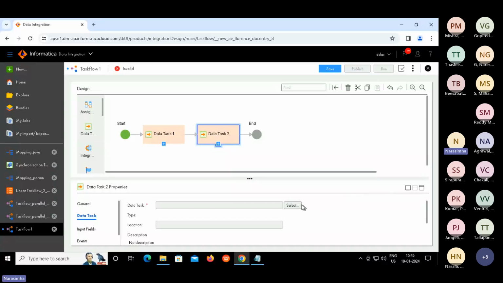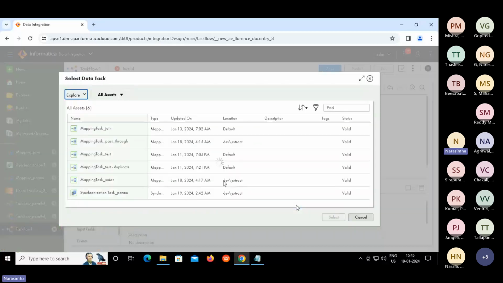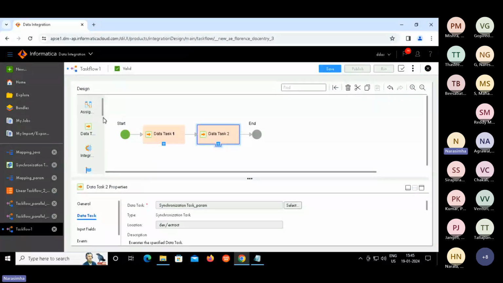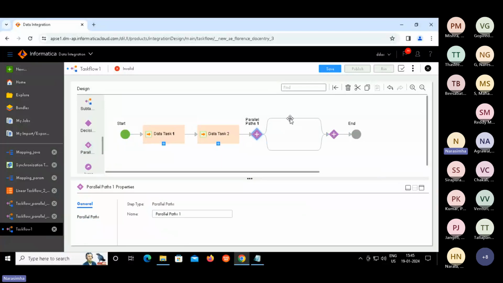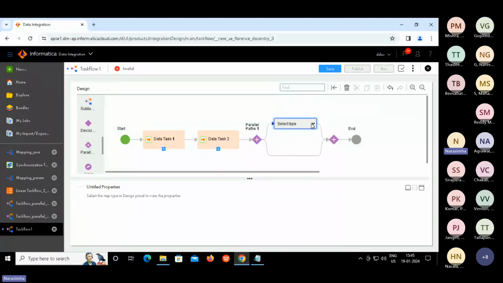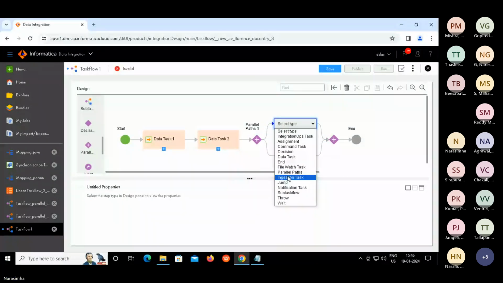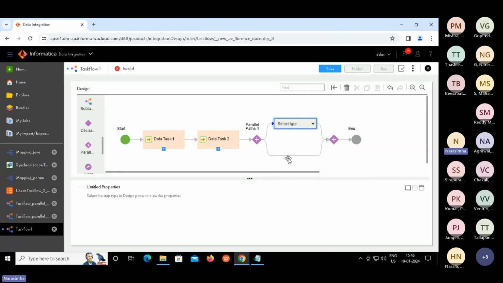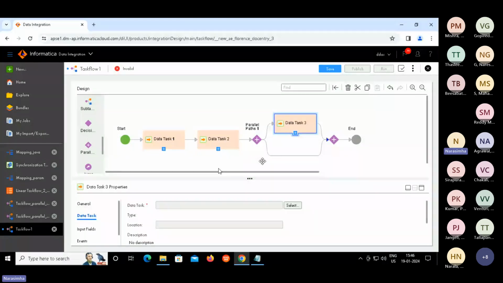Second, let us supply another task, which is the parameterization part. We have only two things, right? Now let us go to parallel execution. Sequential execution is done, right? So parallel, there is a parallel task, right? This is a step we call the parallel step. Here we can specify in the top, let's say we'll just select a data task again and specify